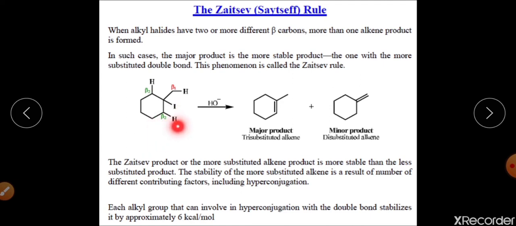So this is again an example: this is your hydrogen, this is your hydrogen, and this is your leaving group. When it is treated with the base, this product can be synthesized, and this will be the major product in comparison to this one, because this one can also be synthesized. And what is the reason that this product is a minor product? The reason being, this is a tri-substituted alkene and this alkene is a disubstituted alkene. So in comparison to this alkene, this is more stable because of more hyperconjugating structures, because of the hyperconjugation effect, and that's why we can say that this will be the major product during the course of the reaction.